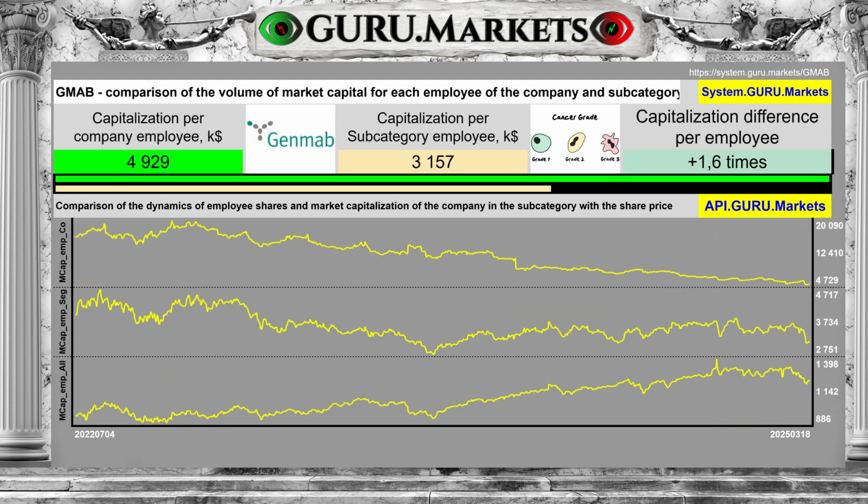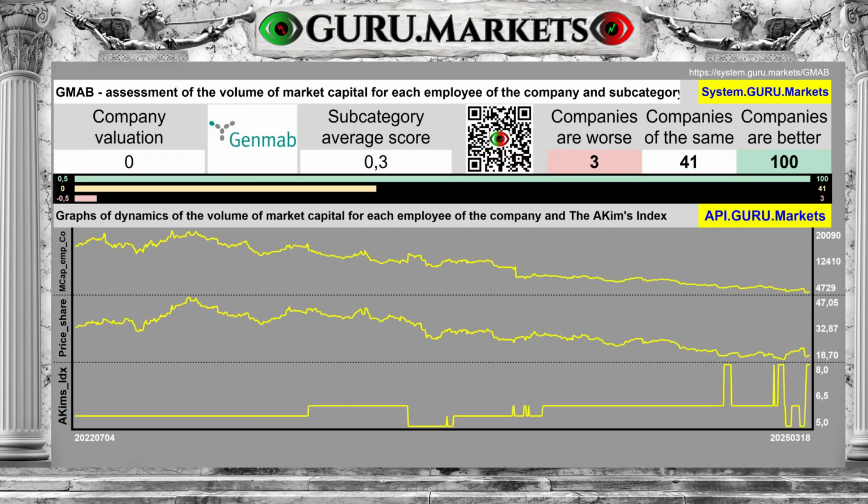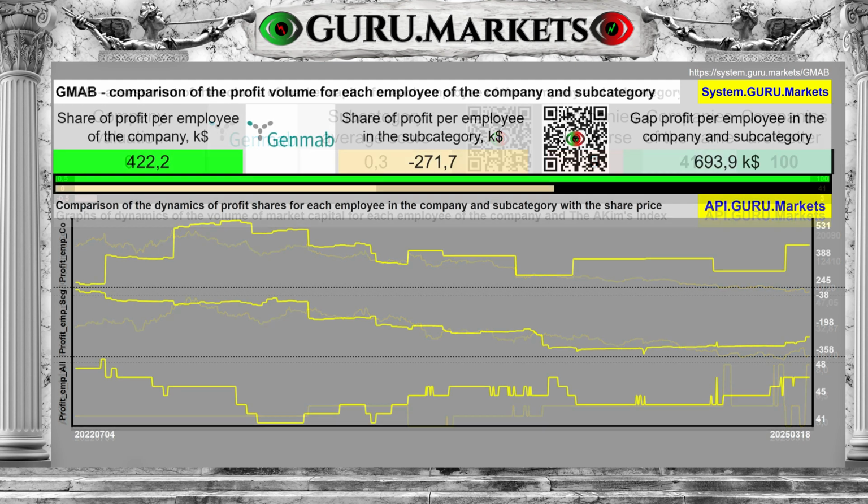The amount of market capital per company employee is equal to $4,929,000. Whereas in the subcategory, there are $3,157,000. The difference between the subcategory average and the company's performance is 56.1%. Estimation of the amount of company capital per employee in comparison with indicators in the subcategory. Tolerable, 0 points. The amount of profit per employee is